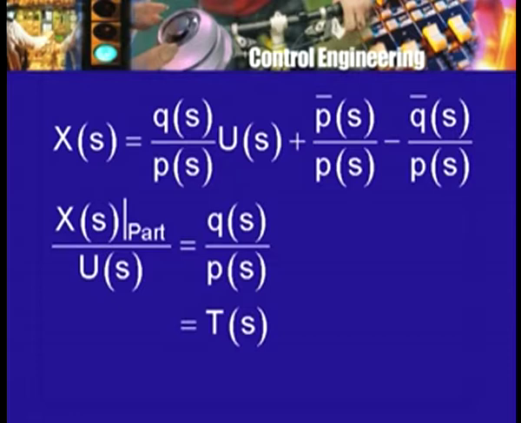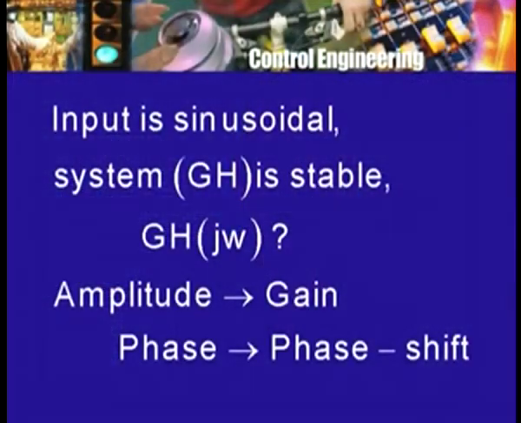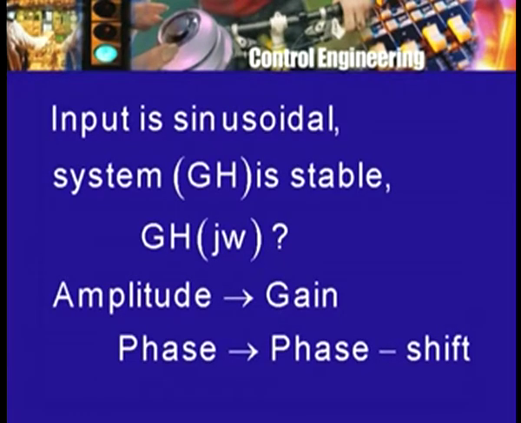and we are going to look at only a part of the response that remains when all the transients have vanished. So I am also assuming that the system is stable. So all the transients really are transient, that is, they go to 0. So under these two conditions, and let me write them down, the input may have a certain amplitude, the output will have a certain other amplitude, and the second is the